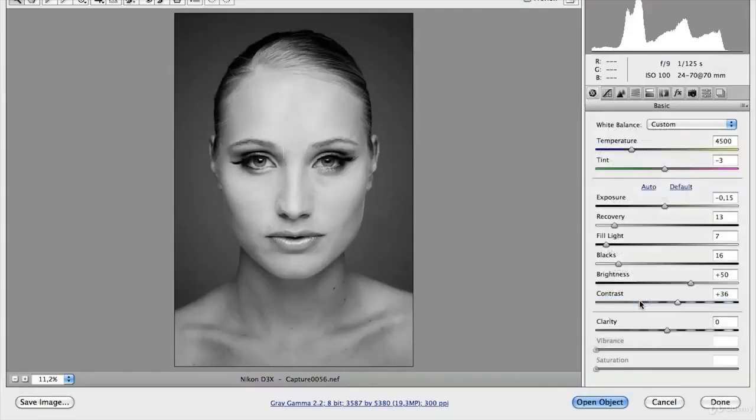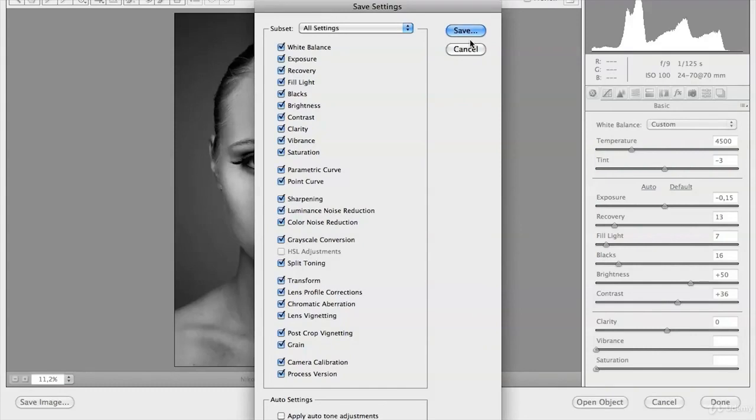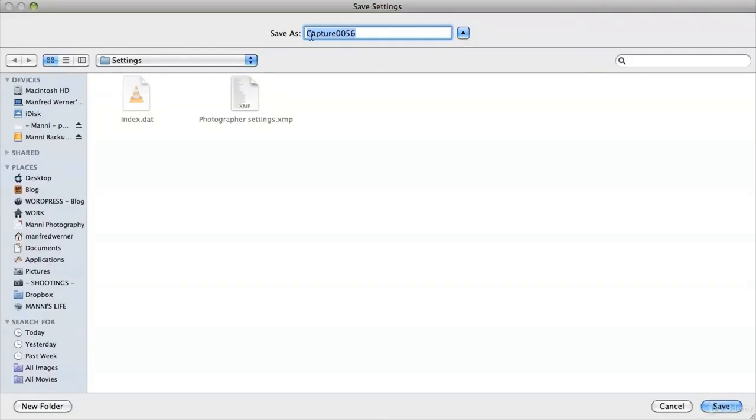Save settings, and directly you'll see a new window pop up. Save settings. Down here, subset. This means that all these adjustments that we just did are highlighted and all these adjustments will be saved. You just want to say save, yes, and now you are able in a new window to create a name